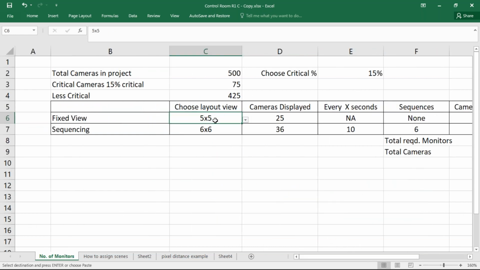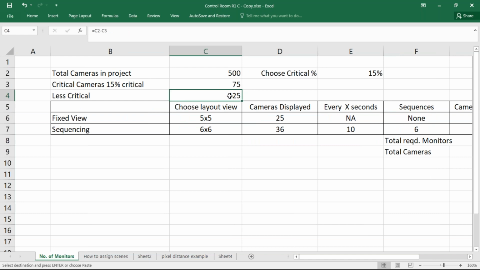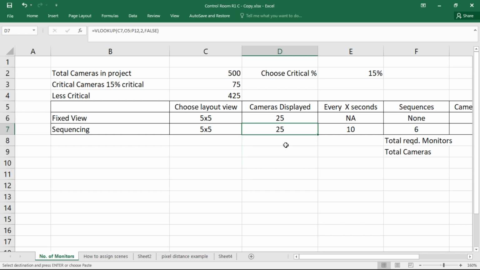So if you use that fixed view of 5 by 5, only 25 cameras are being displayed. So if you have 75, you need at least 3 monitors fixed to cover all the critical cameras. The remaining you have how many? 425. The 425 you can see in 5 by 5 again. All right, you will see 25 cameras at a time,